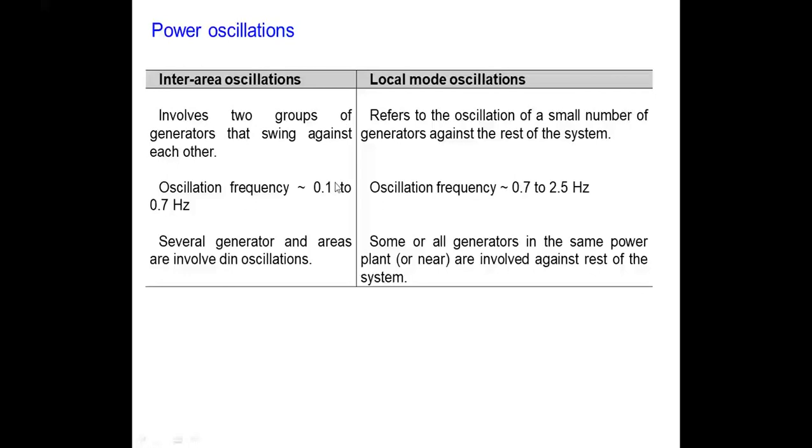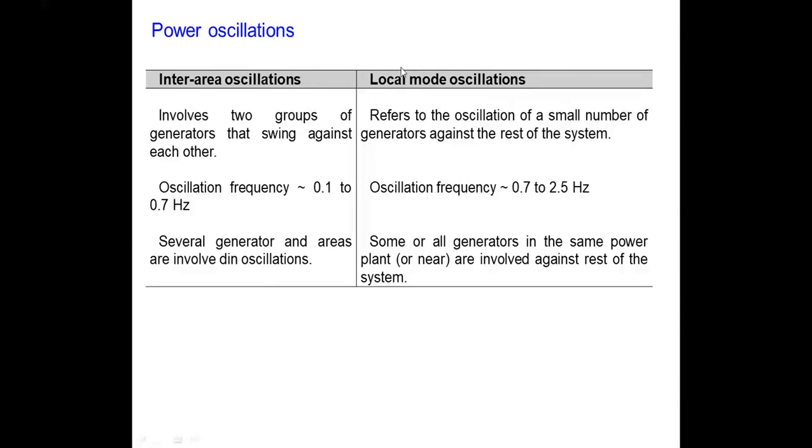And in this case, the oscillating frequency is lower, 0.1 hertz to 0.7 hertz, you can say. And here, several generators and areas are involved in oscillations. So you may have several generators, and again, you may have one area or two areas, other areas, that is possible. So you may have several generators as well as areas being involved in the oscillation. However, as I said, the local